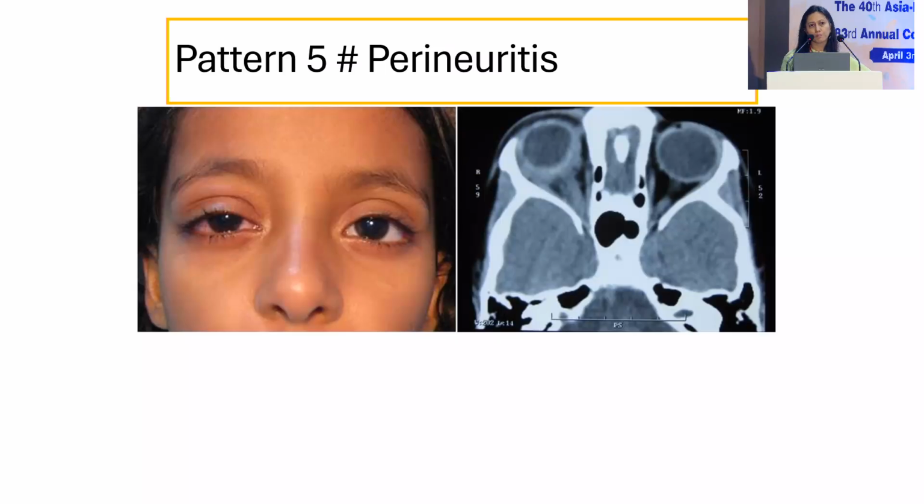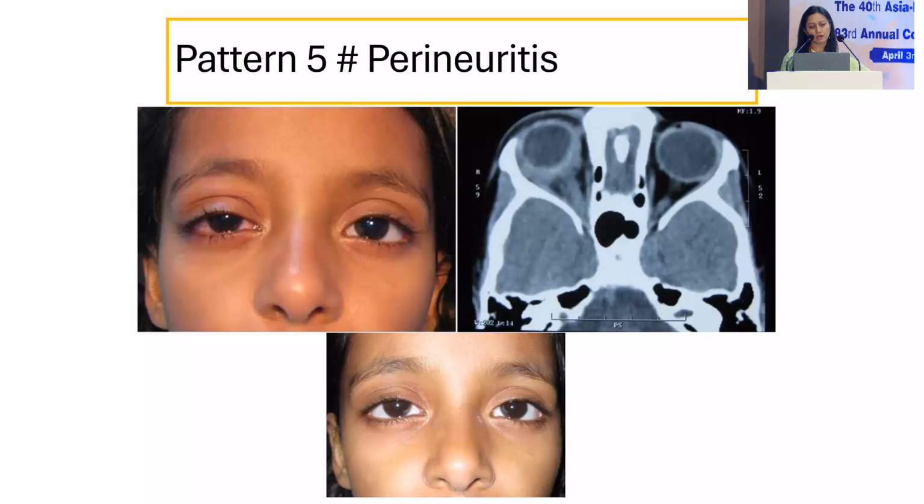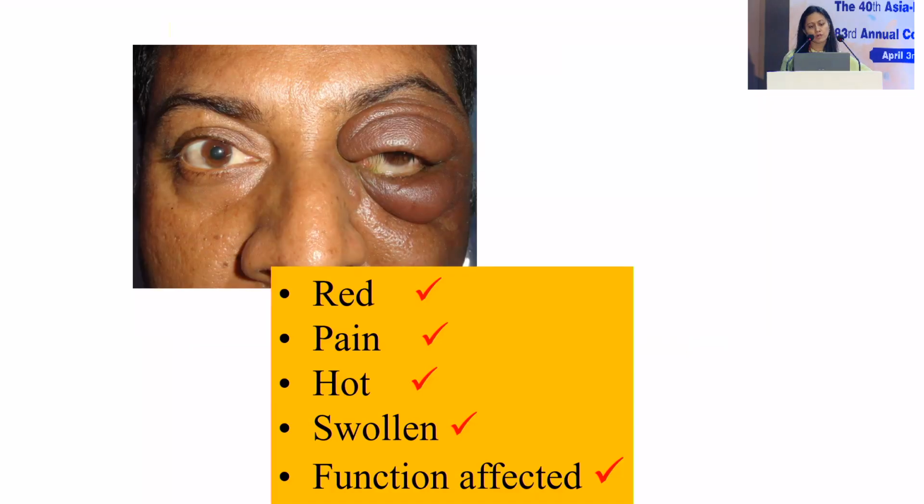The next pattern is the perineuritic, where the inflammation is predominantly limited around the optic nerve, like in this young girl, where we can see a lot of inflammation around the sclera and around the optic nerve. So this is a perineuritic pattern of orbital inflammation. Again, after ruling out any other systemic cause like tuberculosis or other granulomatous or autoimmune disease, steroid remains the treatment